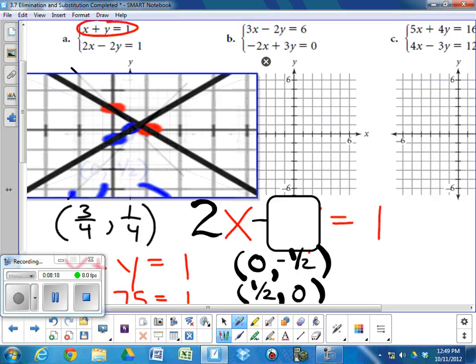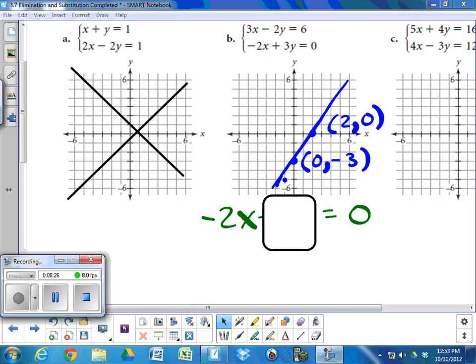Go ahead and try it for example B. Let's try it for B. Pause the video and then check your work. So we're going to go ahead and continue. We got to this point in example B and we paused and we thought that maybe this would be worthy of the video because when you cover up the y, you can see